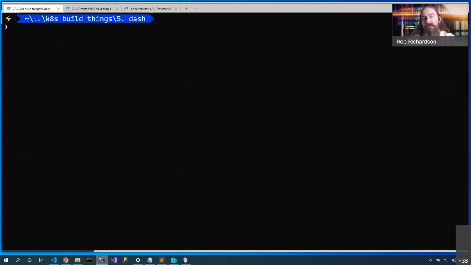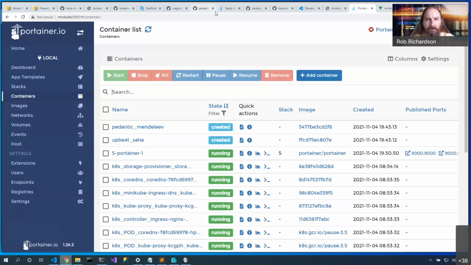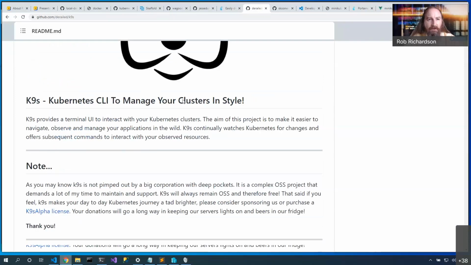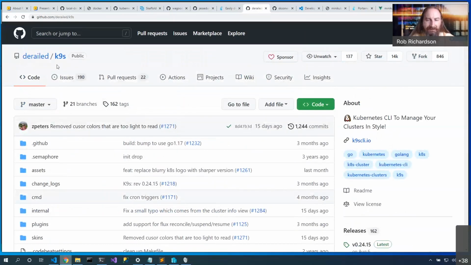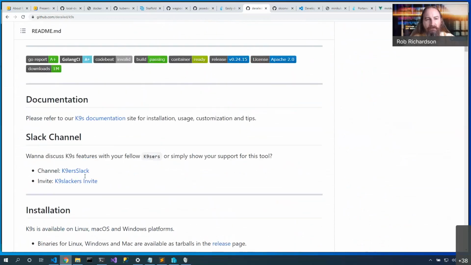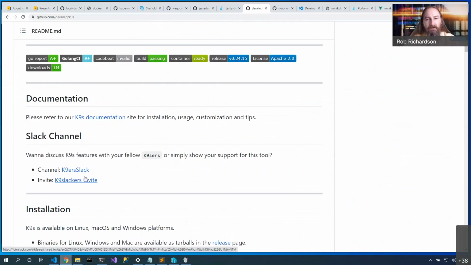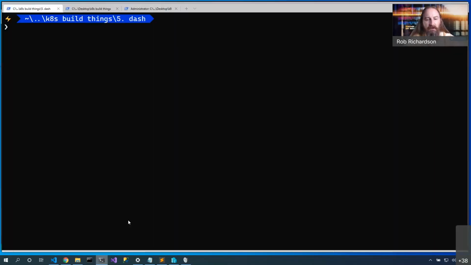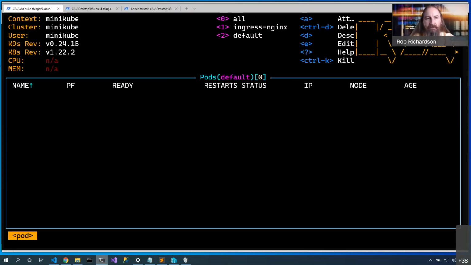Now Kubernetes is going to launch the containers, but it wraps them in this nice mechanism of pods. So let's start out by looking at this from the command line. Here's Portainer. Let's look at K9s. Now K9s is an open source project here that allows us to be able to visualize the Kubernetes cluster. Now it does look a lot like VI, work a lot like VI. So when we start K9s, then we'll use our familiar VI syntax.